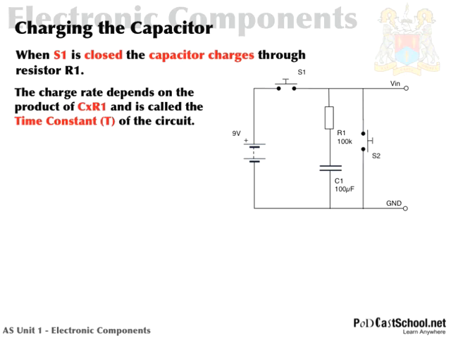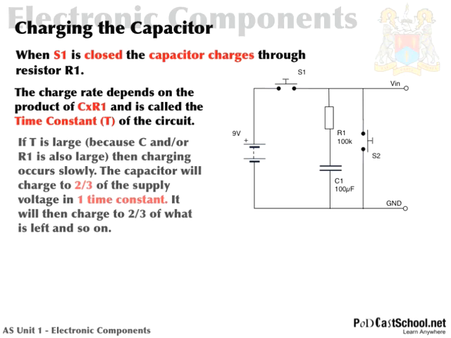Now, there's a few things that we need to make sure we've understood here. The charge rate depends upon the product, i.e. the multiplication of the capacitor value by R, the resistance value. And in fact, that's called the time constant. And you'll find out that the time constant is the time taken for the capacitor to reach 63%, roughly about 2/3 the supply voltage. I've said there, if T is large because C and or R1 is also large, then